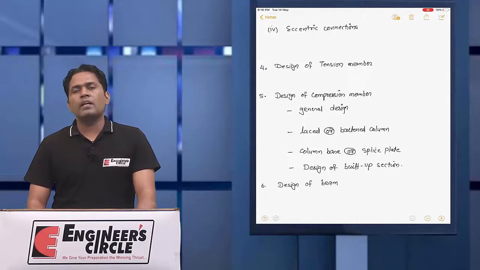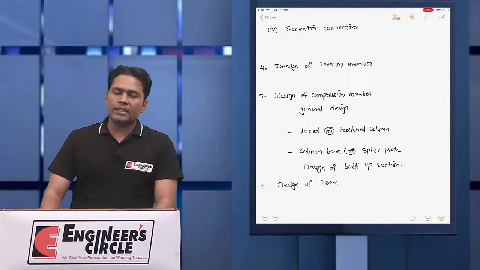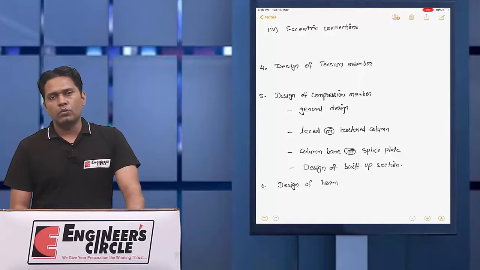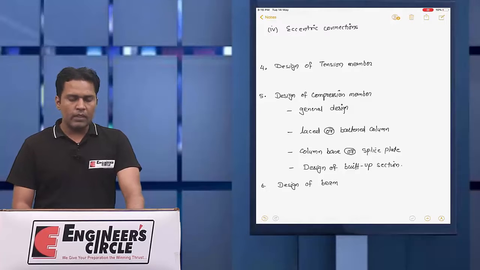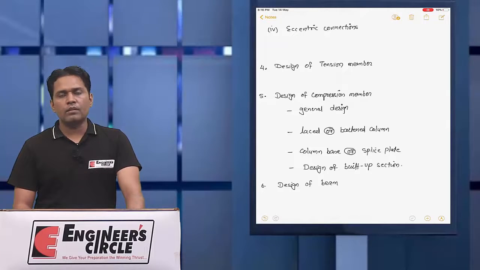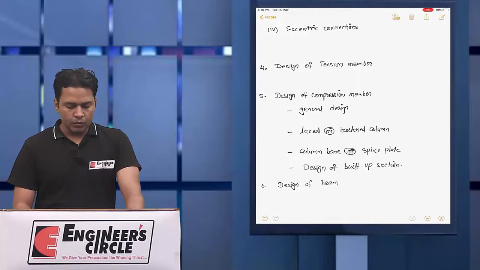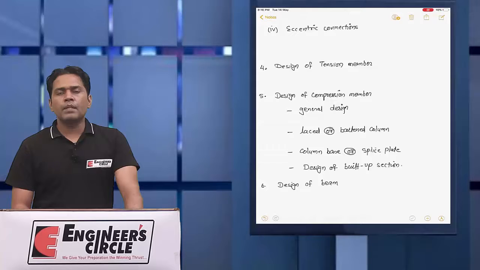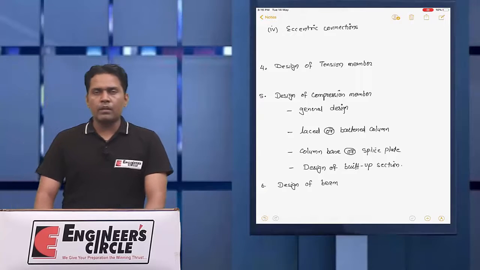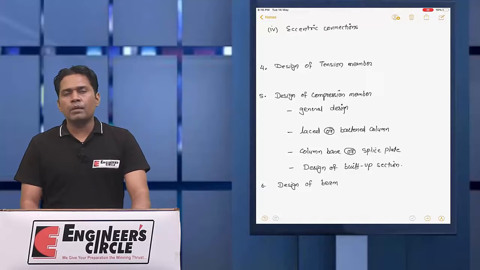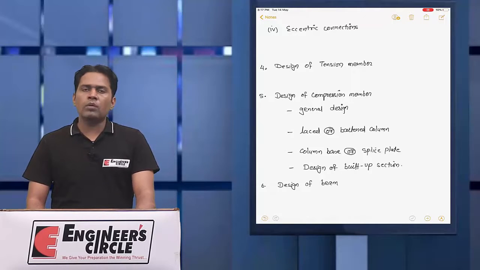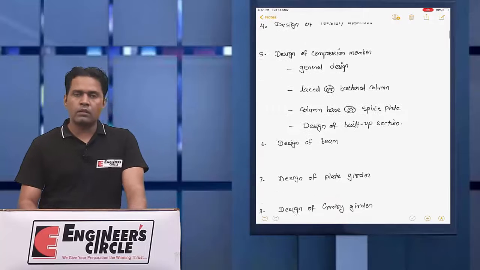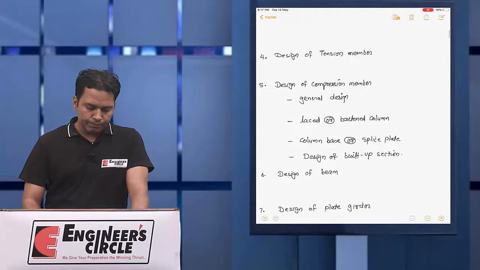So we will design accordingly which section will be suitable for the tensile load, for the compressive load, and for flexure, meaning bending. We will design all three members with the codal provisions, and the codal provisions will be covered from both codes, that is working stress, WSM, and LSM.